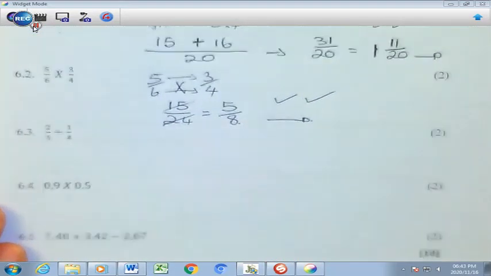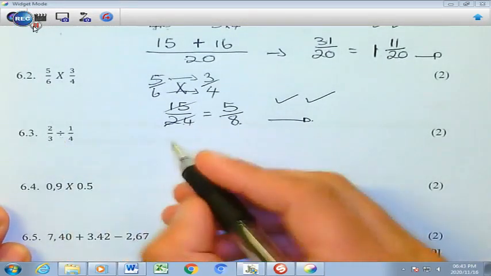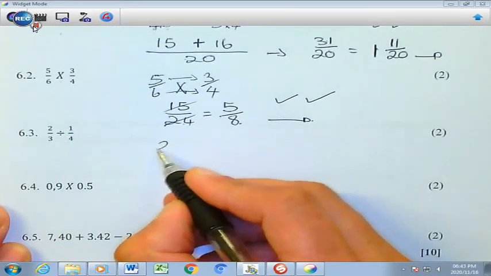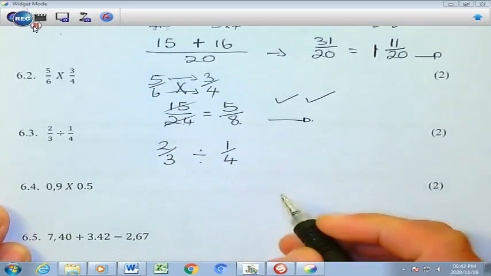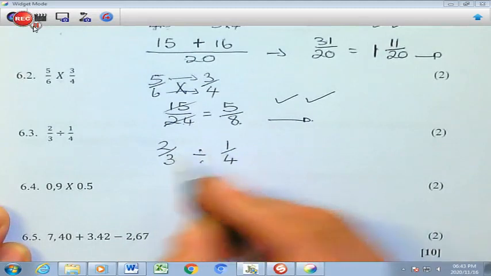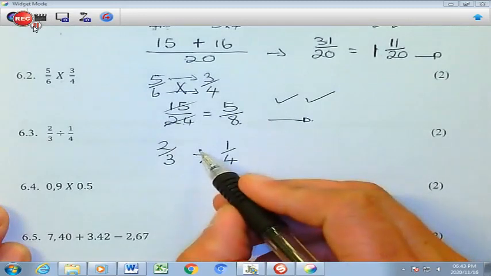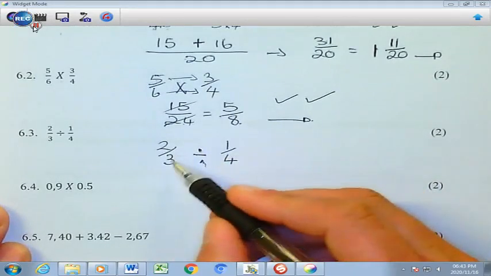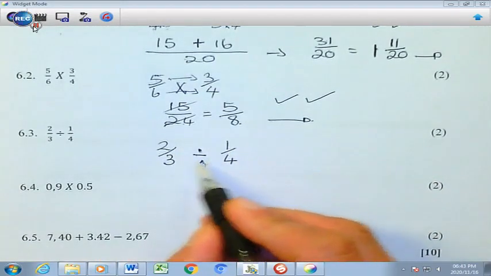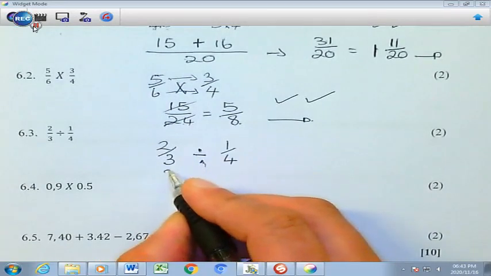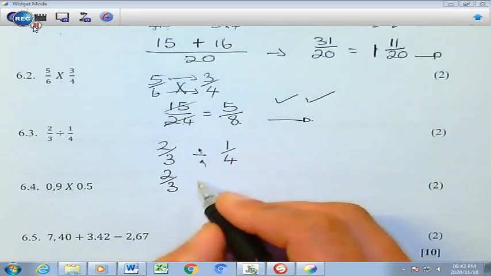I just want to get it clear again. So we have 6.3. We have a division. Watch carefully. So I'm going to write down my sum, which is 2 over 3 divided by 1 over 4, which is a quarter. Now, you can't divide like that, right? Or you can, but I'm going to show you a much simpler method of dividing, where you don't have to put this on top of that, which complicates things. So, the rule is, when you have a division here, is to write the first fraction as is, change this to a multiplication,